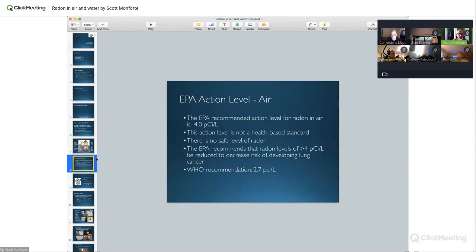So here's the one, the action level for us as inspectors, the EPA sets it at 4. And people always say, well, what is 4 better than 3? Is it better than 3.9? Based on my experience and Stan, who's also done radon, 4 is an achievable, less than 3.9 or lower is an achievable number.